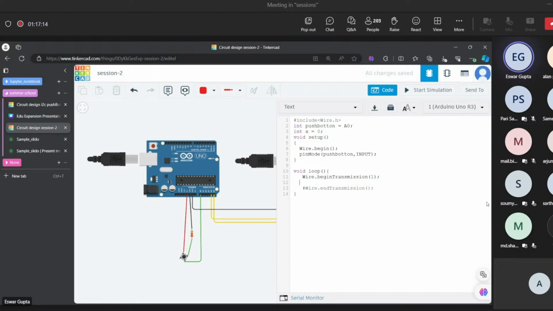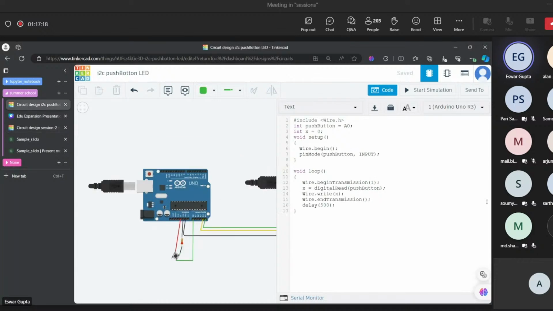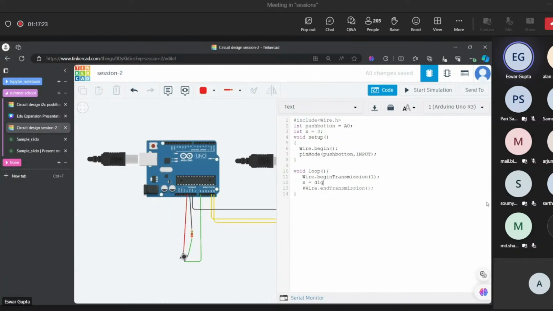Then after you begin the transmission, what do you need to do first? First, you need to read what the push button is saying. So digitalRead of push button.